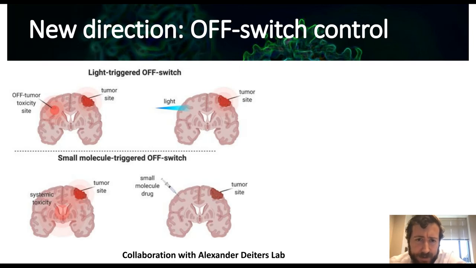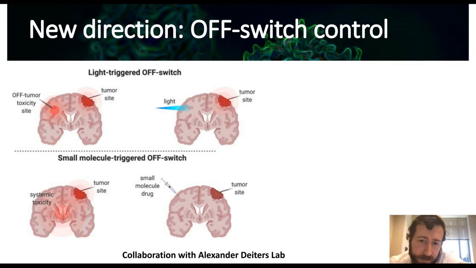And so now I'm going to tell you about another new direction that we're looking at, and this is applying conditional control to the universal CAR therapy. We're looking at two different types of off-switch control mechanisms. One of these is, can we use light to actually control the CAR T cell technology? Can we make a CAR T cell that is controlled by light to actually avoid an anatomical site in the body? Here you can see we have a brain which has a tumor on one part, but